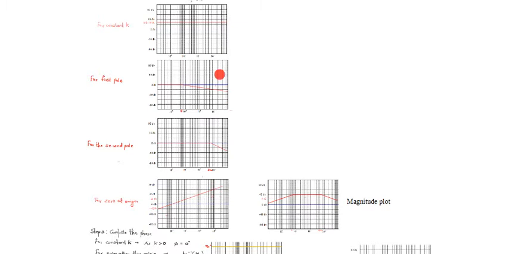What is the starting magnitude? 26. What is the starting magnitude here? Minus 20. So 26 and minus 20 gives me a magnitude of 6. We have a starting magnitude of 6. I'll enlarge the figure later. So just have a look here.